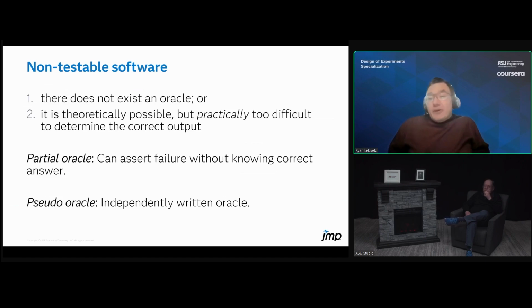so if something like JMP crashes, if I do something to the system and JMP crashes, well, I know that that's already a failure without knowing the correct answer. But the other thing we'll often rely on is what you would call a pseudo-oracle, right? And so that's going to be an independently written oracle. And so by that, our test engineers are often tasked with effectively trying to recreate the algorithm all on their own and check that those results match,